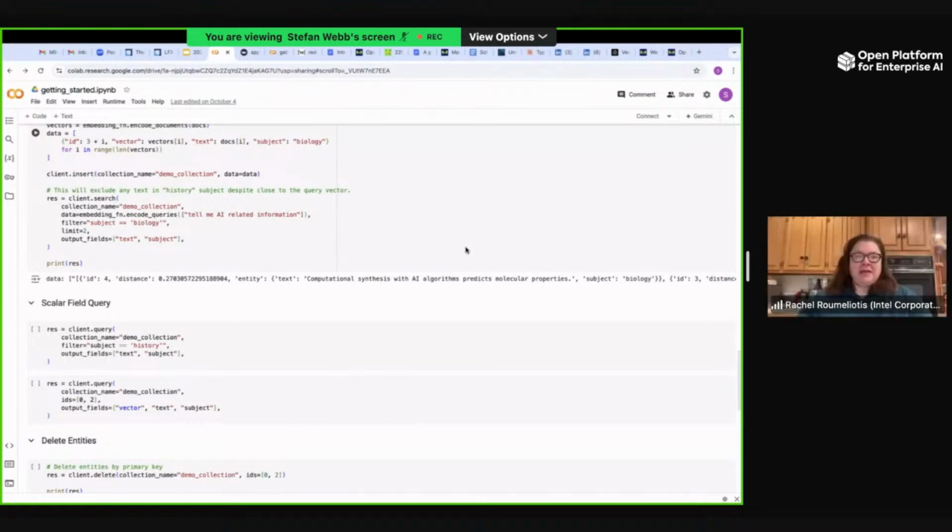All right. Rachel, any closing thoughts you want to leave us with? Well, one thing I want to say is we are going to make sure that Milvus is fully integrated and usable with OPEA. And we have some open issues, 4 open issues actually, 2 of which have been assigned and 2 are open. We'll look at that in a minute, but I'll let you have any closing words you would like.